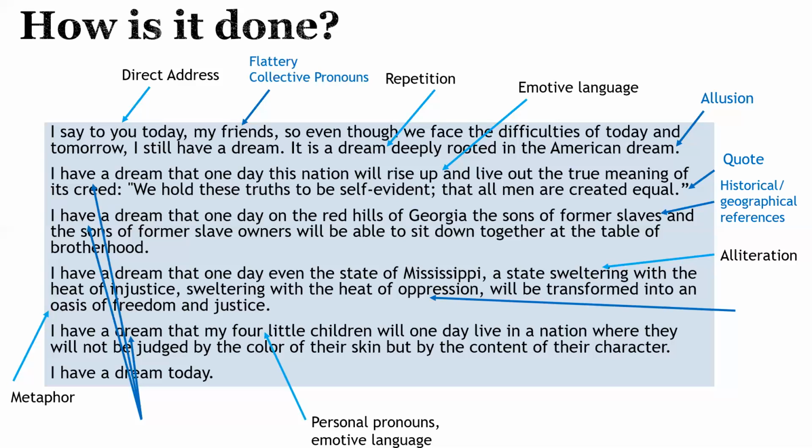And he knows that his audience are aware. They are aware of the slave trade, but potentially from Georgia, from Mississippi. He wants them to be able to recognize and relate, because they will get more on board because they know what he's talking about. He also uses hyperbole, which is basically a fancy term for exaggeration: heat of oppression, sweltering